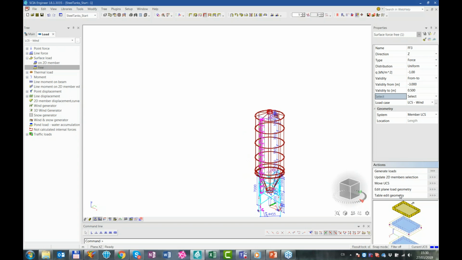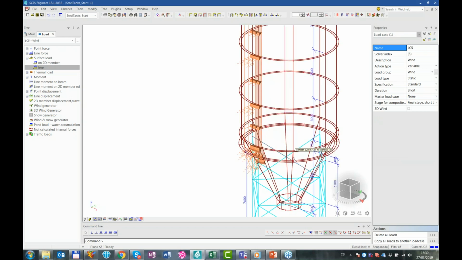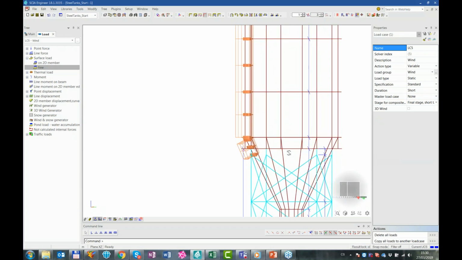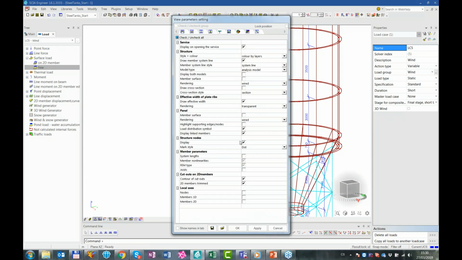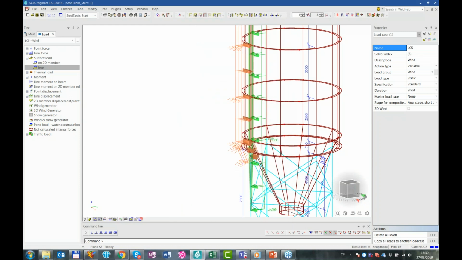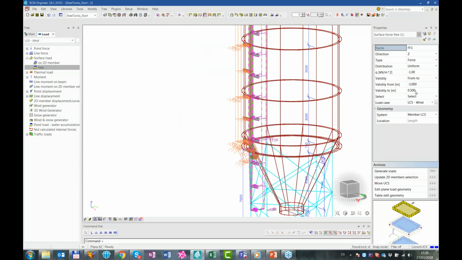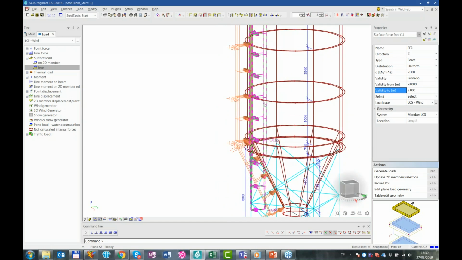I can now hit generate loads in order to see that everything has gone as expected, and here I can see that it hasn't, because I apparently set it the other way around. Let me go to the loads, and instead of generated, have a look at original plus generated, and I can see that in this case the inner part is second one. If I again hit generate, I will get strips of load generated along